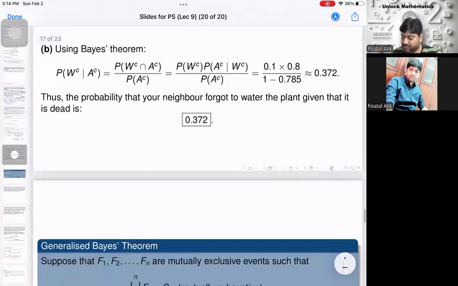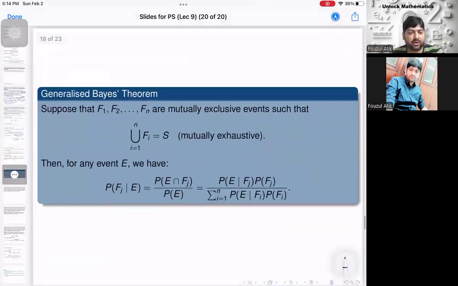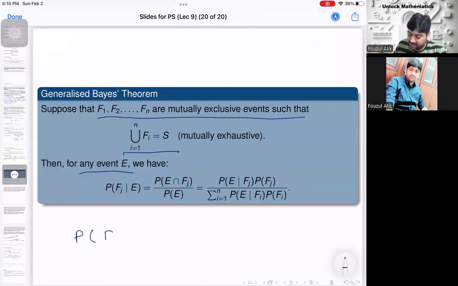Okay. Let me discuss the last topic, called generalized Bayes theorem. We can get these things with the help of Bayes theorem only. How can we do this? Suppose that F1, F2, ..., Fn are mutually exclusive events and they are exhaustive as well. Mutually exclusive means all of them are disjoint events, and exhaustive means their union is equal to the sample space. If you have such a case, then for any event E, we can have P of Fj